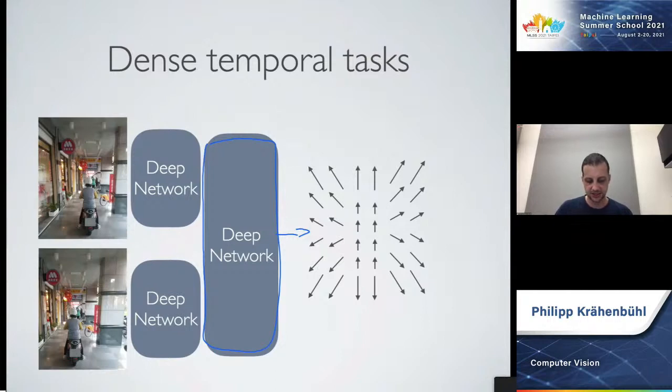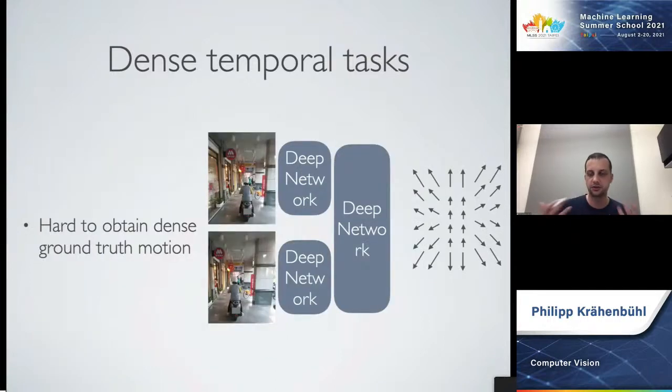Here, the challenge is that it's quite hard to obtain ground truth data for all of these tasks. So obtaining ground truth pixel level motion is almost impossible. To the best of my knowledge, there's one data set that provides this. This is KITTI, which uses depth and very good camera calibration to compute motion for static parts of the scene. And then for any dynamic parts, they fit 3D models to cars and then manually by hand move these 3D models through the scene to compute a rough motion estimate for cars.